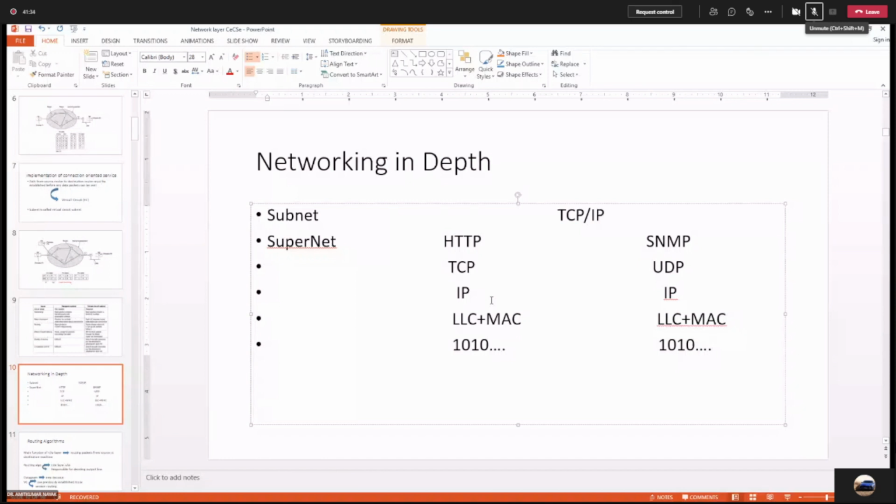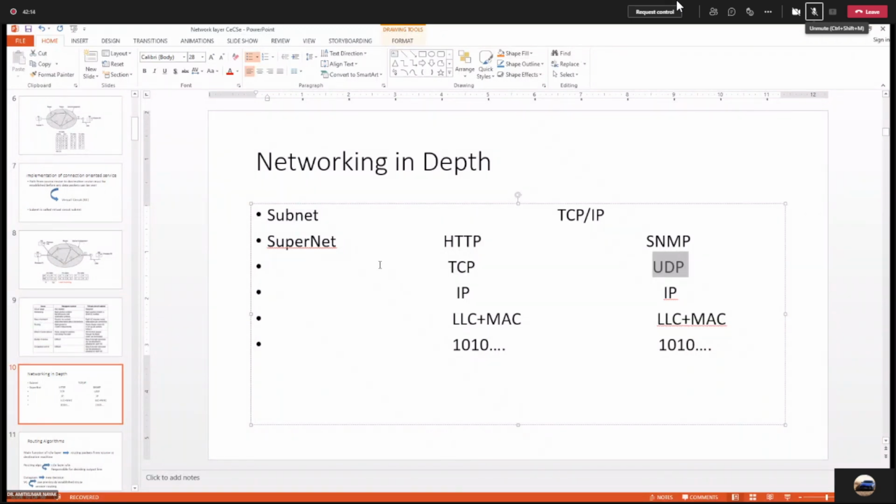Sir, approach 1 will be connection oriented and the second one will be connection less. Correct. So why is approach 1 connection oriented and why is approach 2 connection less? Sir, the TCP protocol will establish a link before communication. Correct, very good. And UDP protocol? It will directly start communicating with the host, without connection establishment. Correct, very good. So TCP is a connection oriented protocol and UDP is a connection less protocol.